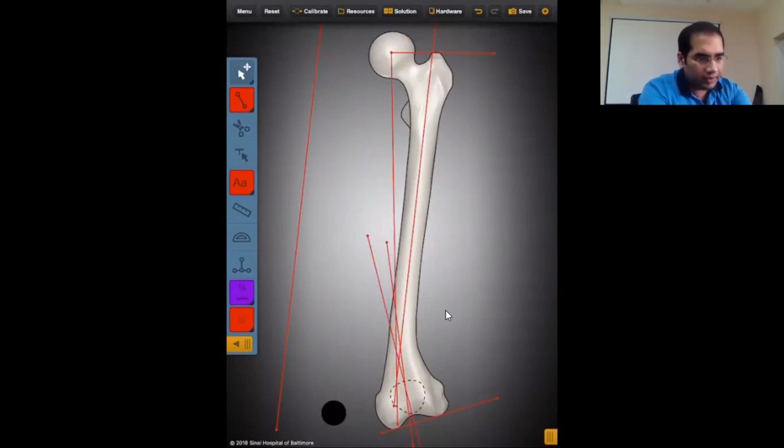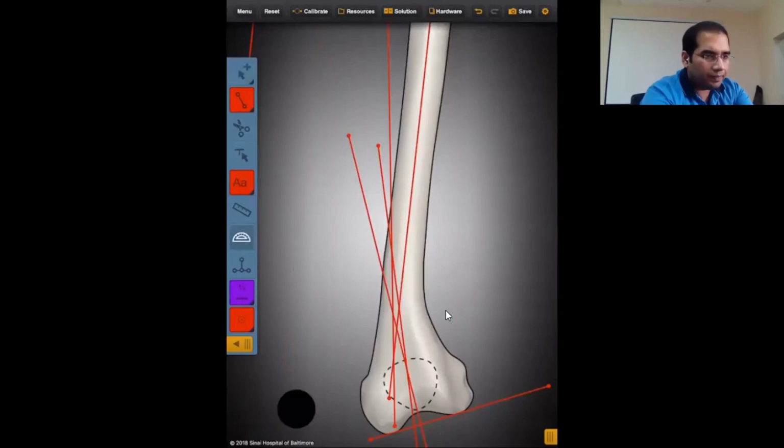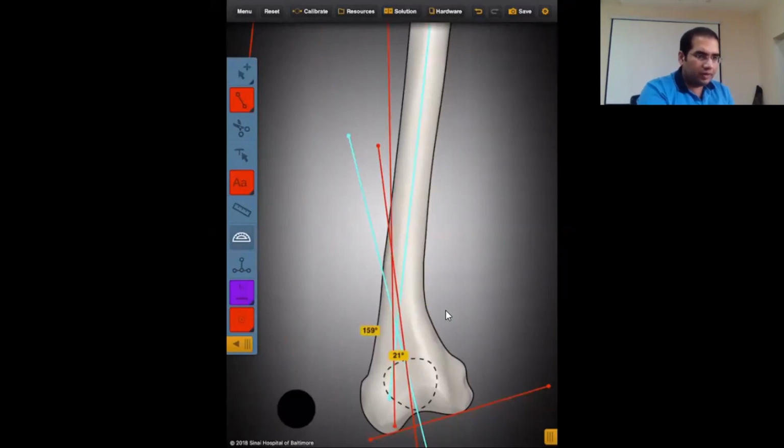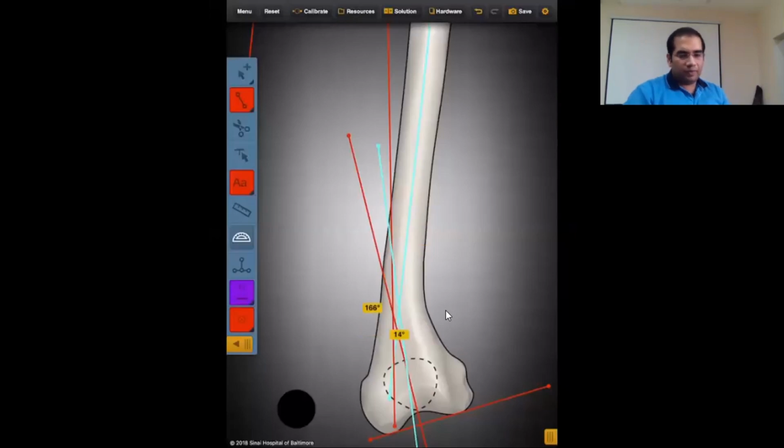I'll zoom it in, and this is our reference angle, slightly medial to the anatomical axis line. And as you can see over here, the 1 degree is human error. Using the anatomical axis, we have gotten an angle of 14 degrees, location and the angle of 14 degrees. Are there any questions so far?